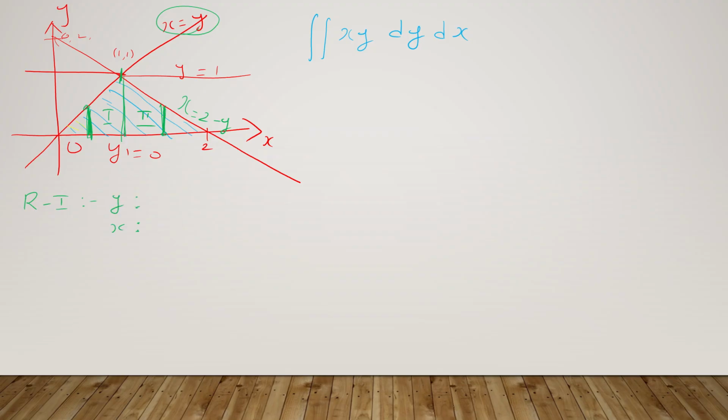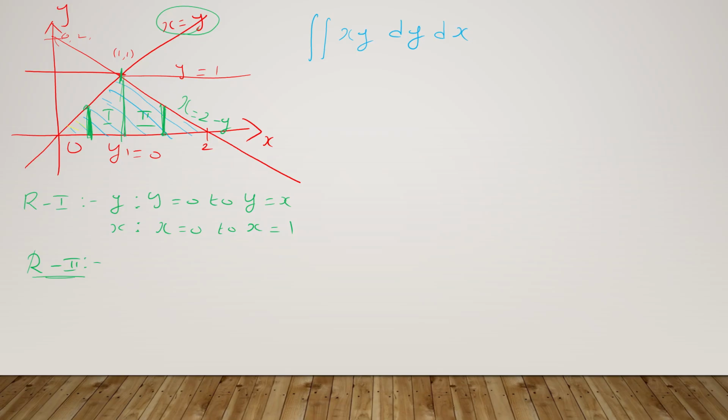So for region 1, y starts from the lower limit; the lower end of the strip is meeting the x-axis, whose limit is y equal to 0. The upper end is meeting the straight line y equal to x. And the region starts from the origin, so x is equal to 0. It ends at the line x is equal to 1, this green line, whose equation is x is equal to 1. Then for region 2,